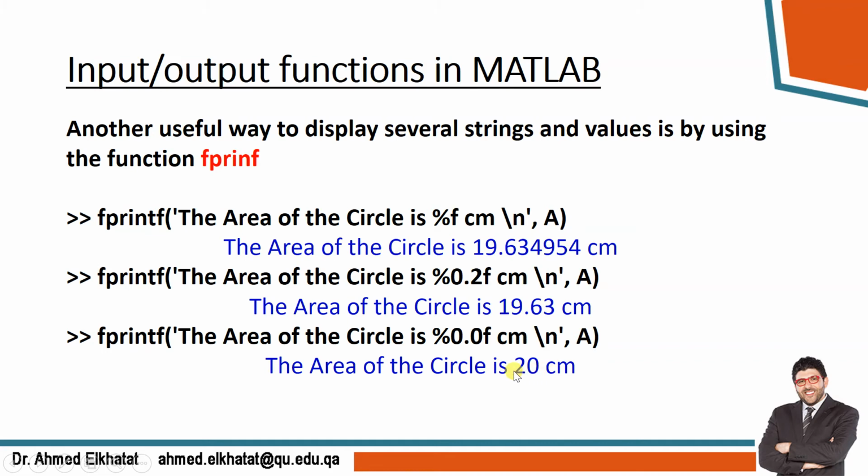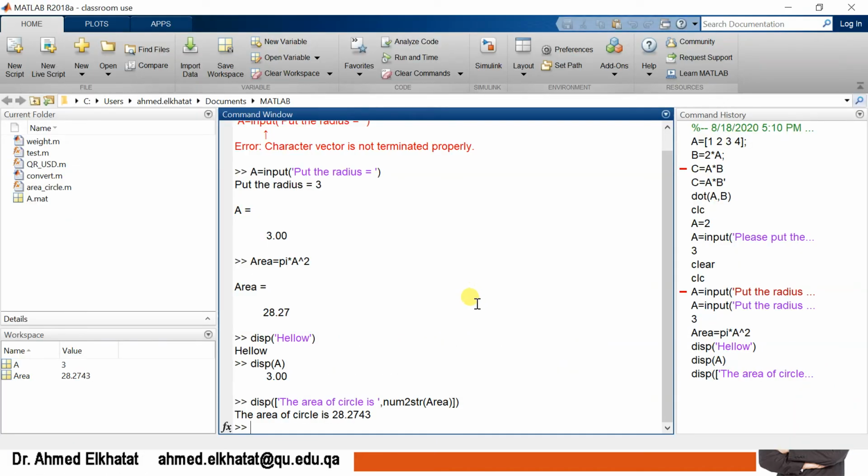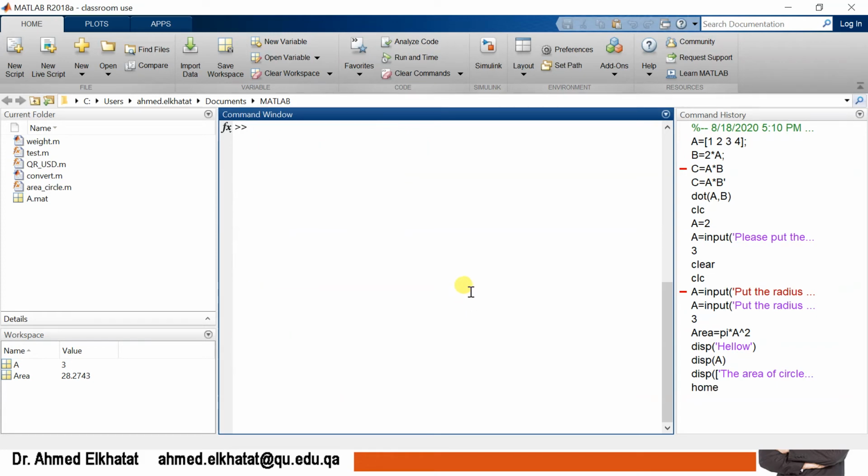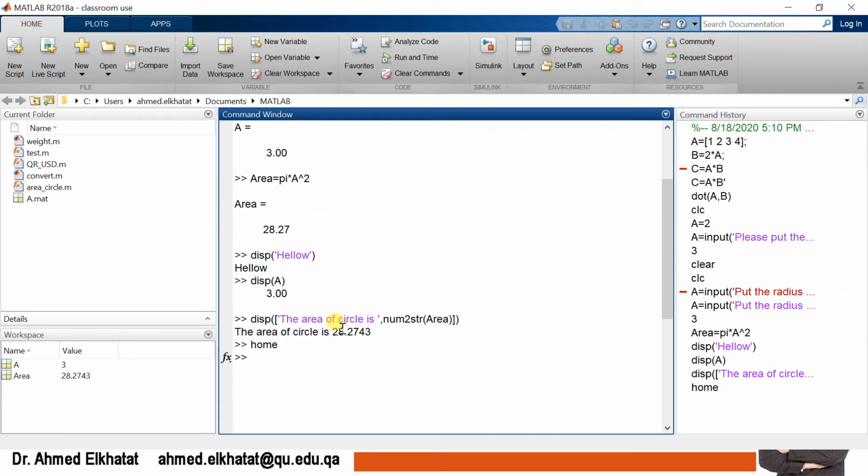So here the advantage is you can put any format. So let's try it on MATLAB. Okay, here home. Now fprintf, then we can say the area of the circle that has a radius